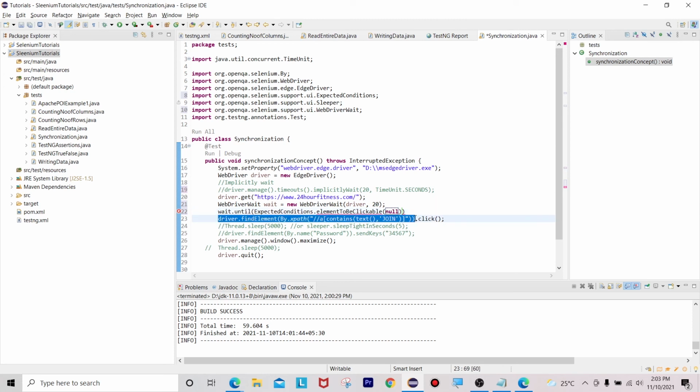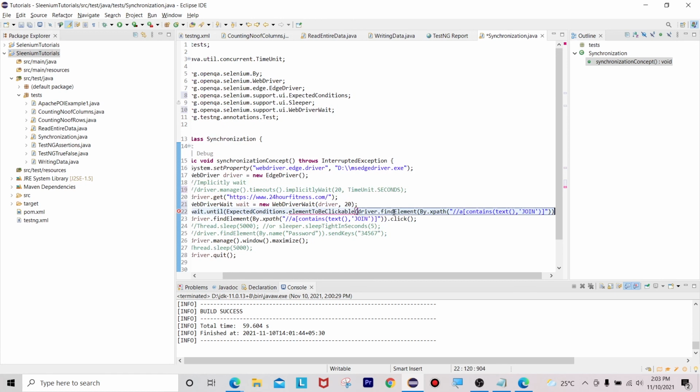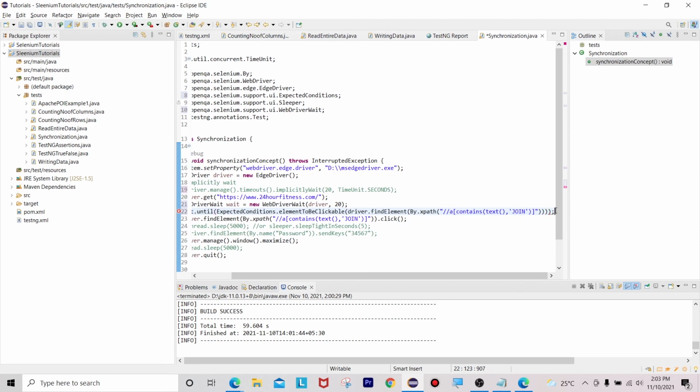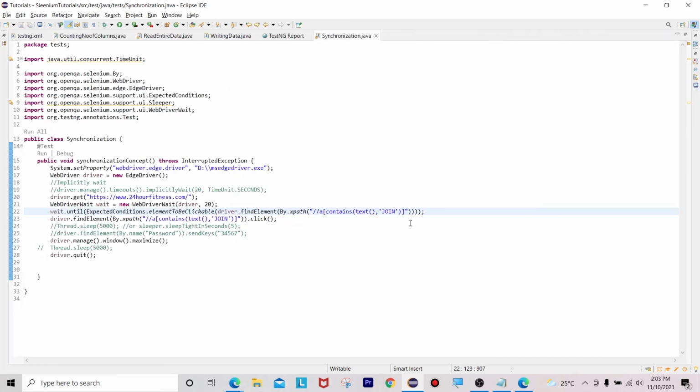I need to take this line. elementToBeClickable of driver.findElement. Once you find that web element,